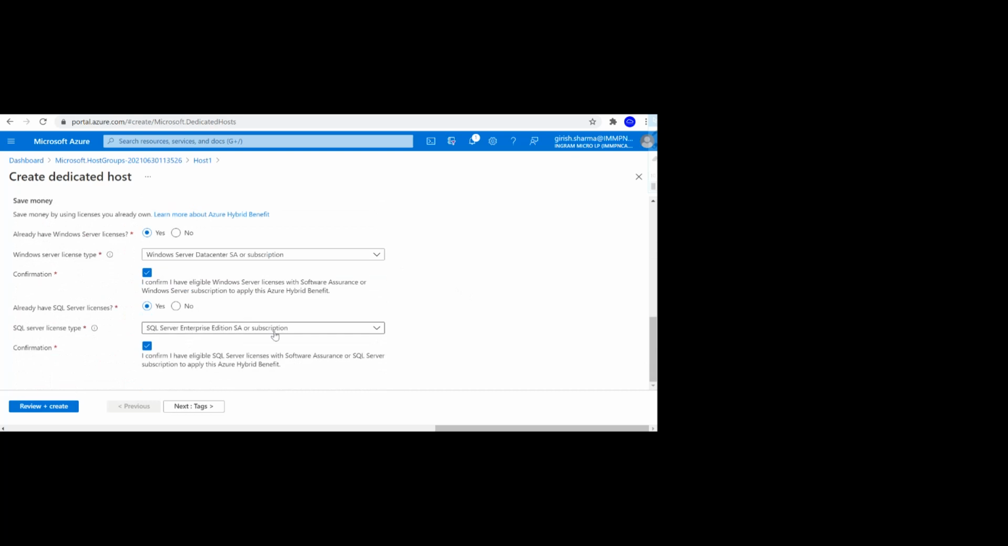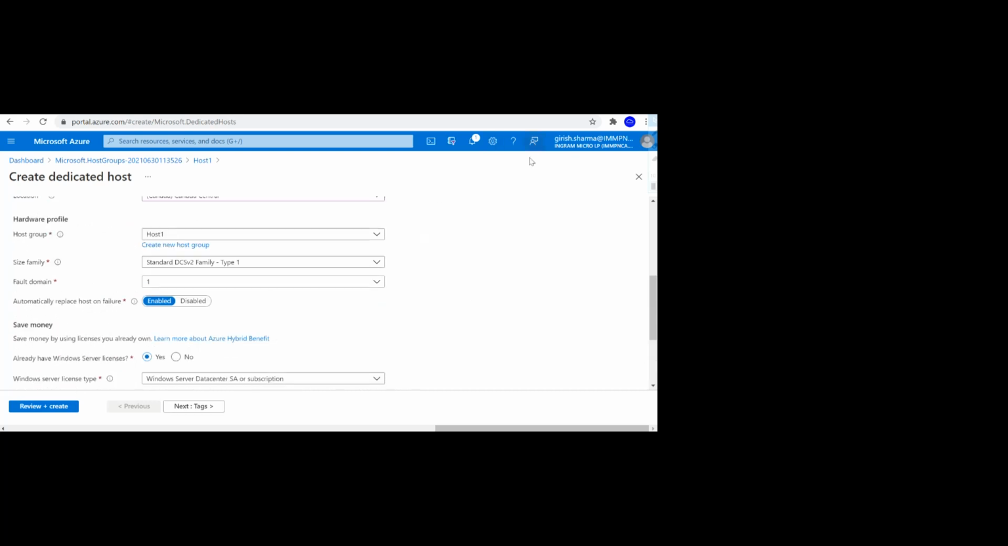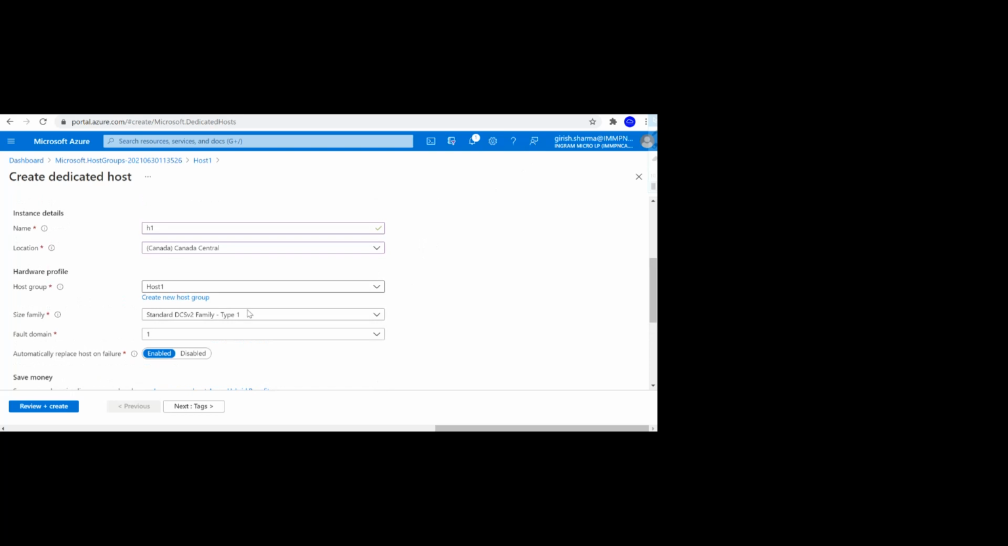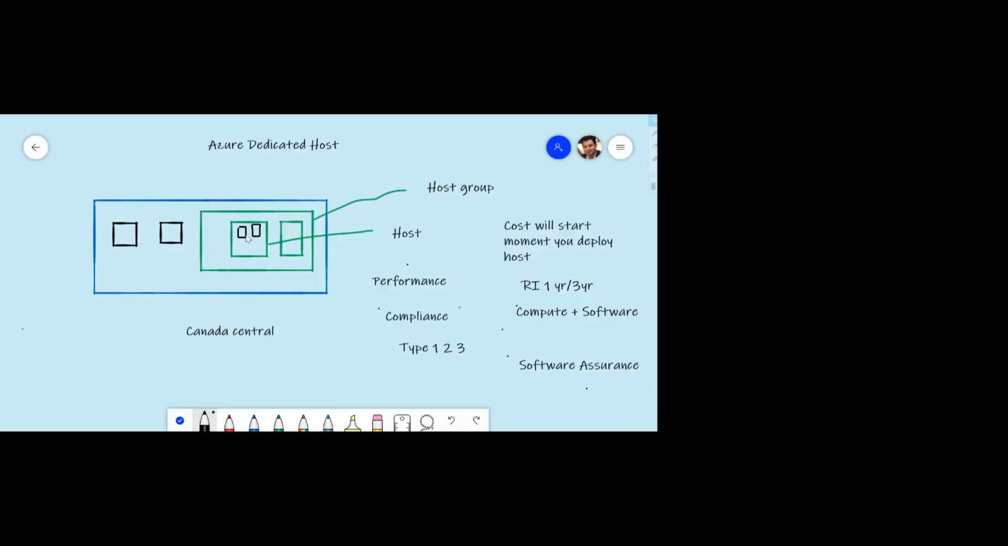And once you click on review and create, which I'm not going to do because this is a sponsored account that I have, your host will start deploying, and on that host you can deploy multiple VMs or your servers as long as that is supported on that host. And actually, the Microsoft documentation also talks about, depending upon what type you choose, how many machines you can deploy, because it has a limitation on the CPUs and the RAM associated with that specific dedicated host. So this was a brief overview of a